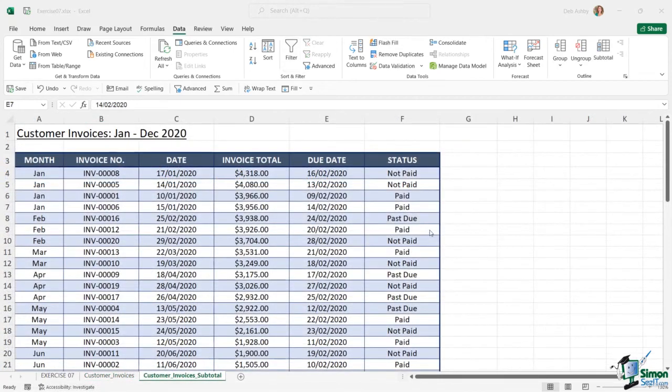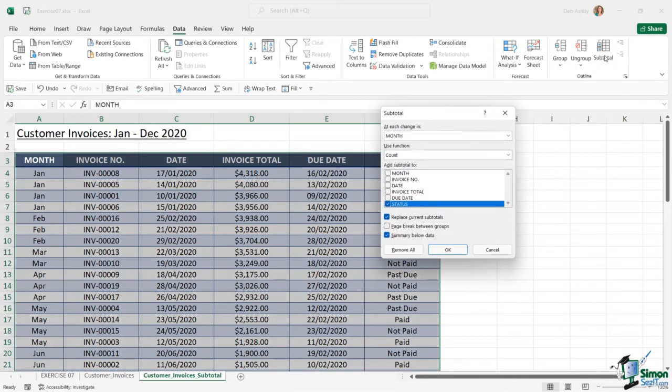For the final part of this exercise, I asked you to apply subtotals to the data on the Customer Invoices subtotal worksheet. And at each change in month, we want to add a subtotal for the invoice total. So let's click in our data, up to the Data tab, and over to the Outline group where we have a Subtotal button. So at each change in month, we want to do a sum of the invoice total,